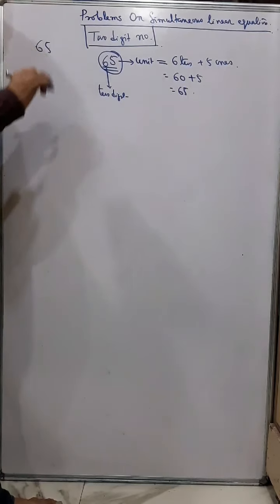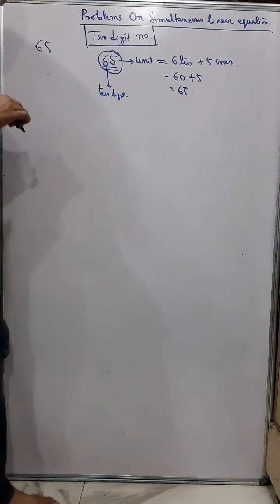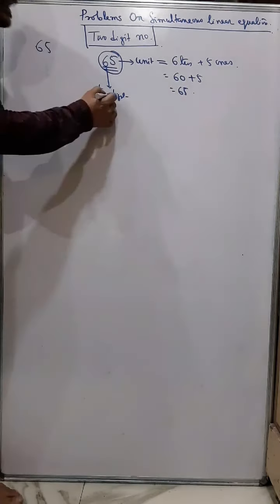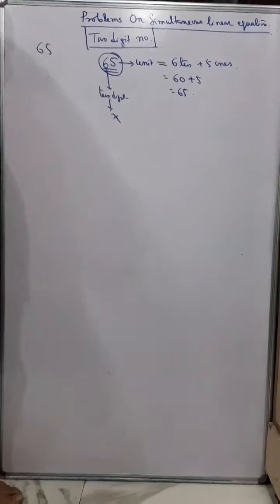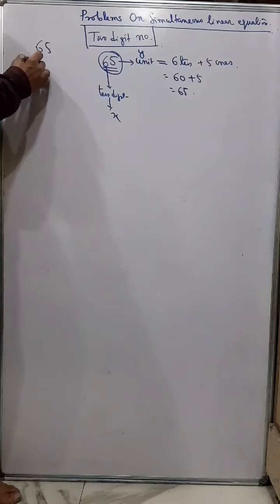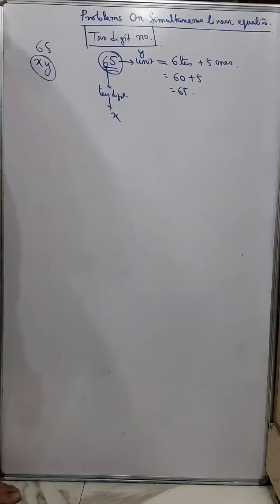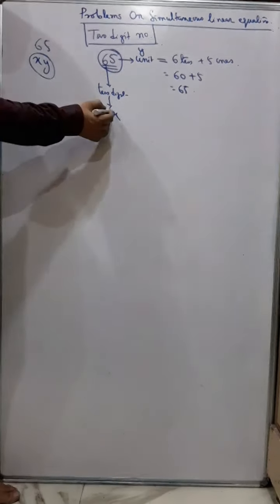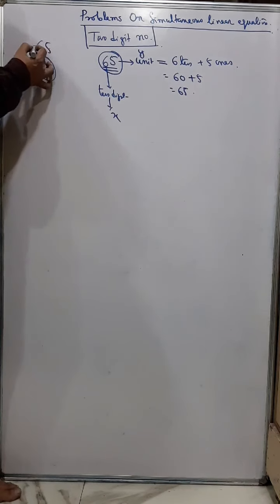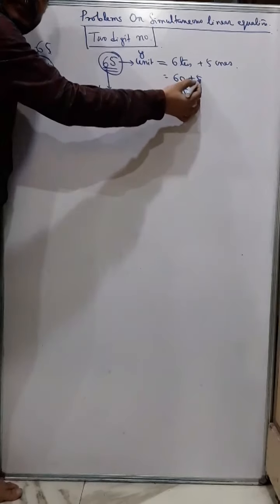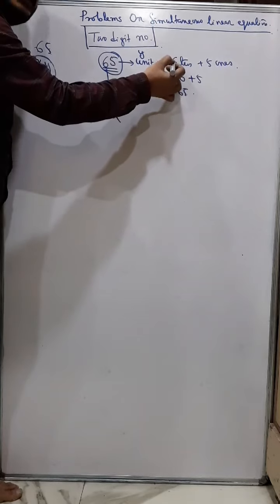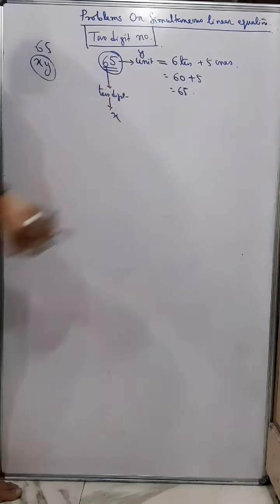Now suppose you have to understand this concept, very important. First time many of the students don't understand. Suppose I take, let the tens digit be x and let the unit digit be y. I can't write xy. The 2-digit number is not xy. It looks like 65, 6 and 5. But this 6, 5 actually means 60 plus 5, and that actually means 65. And where 6 is the tens digit and 5 is the unit digit.